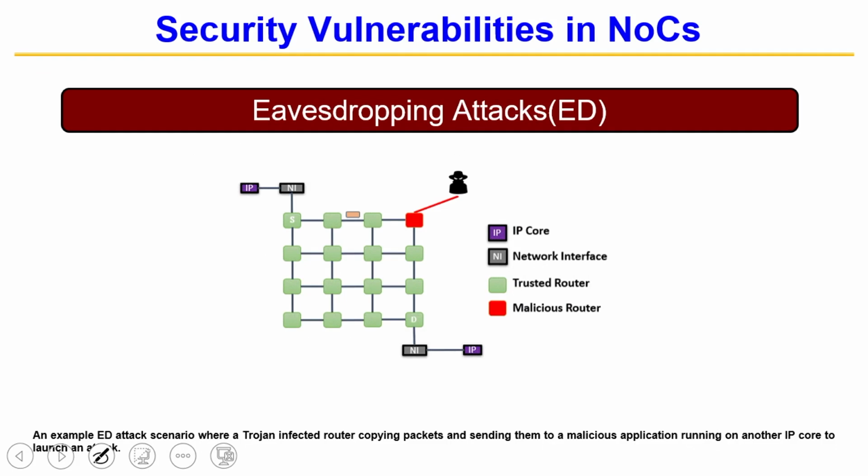In an eavesdropping attack, a sender is sending a packet to a destination D, and in between another attacker is sitting, and the attacker is able to sniff or get the packet. That is basically the idea. So, that is the eavesdropping. So, you want to figure out whether eavesdropping is going on.